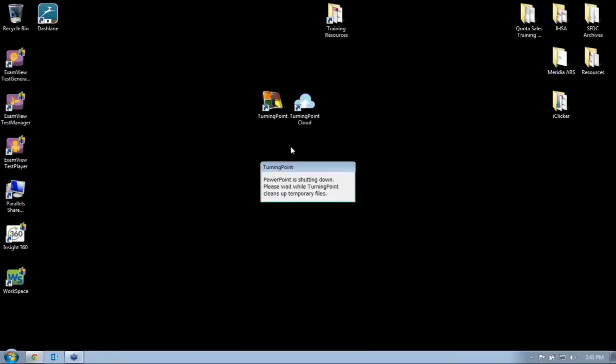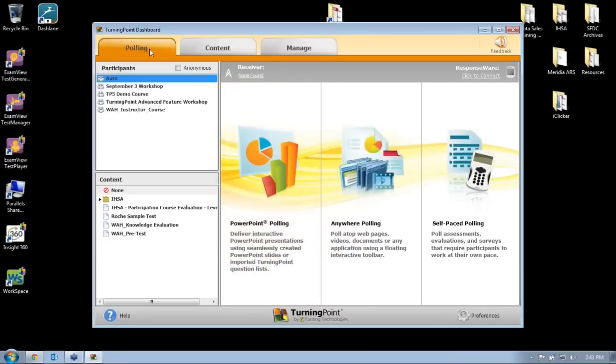Okay, so let's go back to the dashboard here, and we'll have a look at running reports. All that data that you collect and save, because we just talked about the importance of saving, becomes reportable. So you can run a report on an individual session. You can also do things like merge multiple sessions together, which is something that we'll get into in the webinar tomorrow. But to run a report, all you need to do is go to the TurningPoint Dashboard,